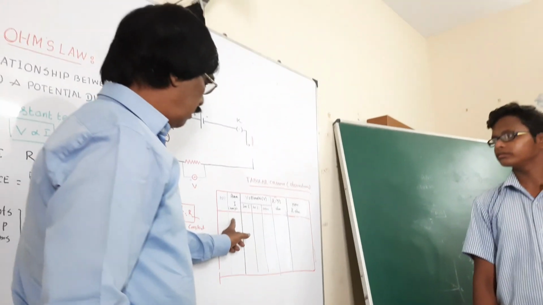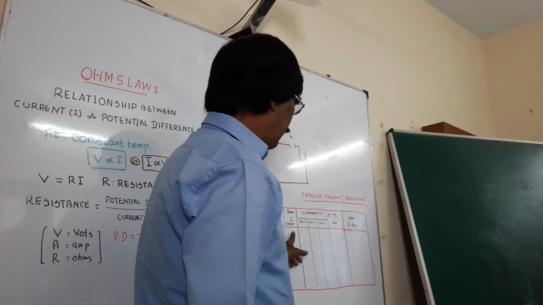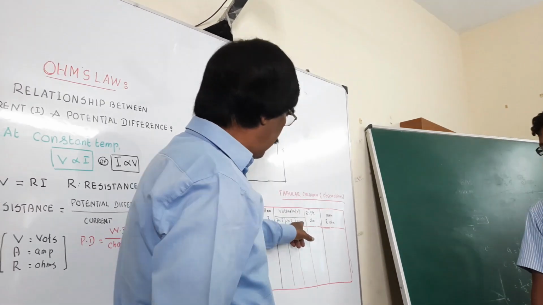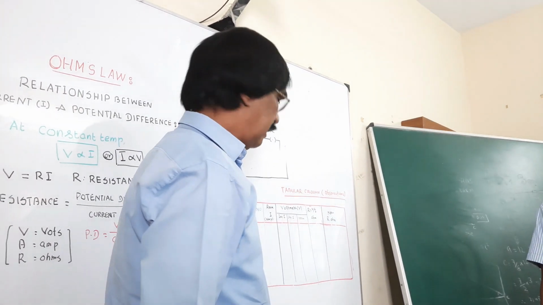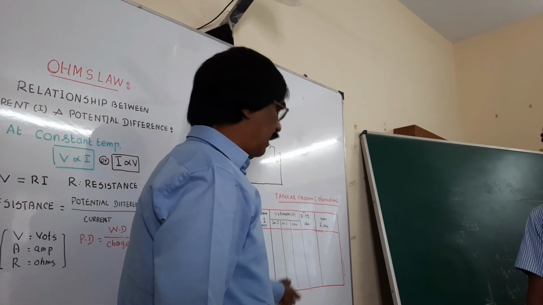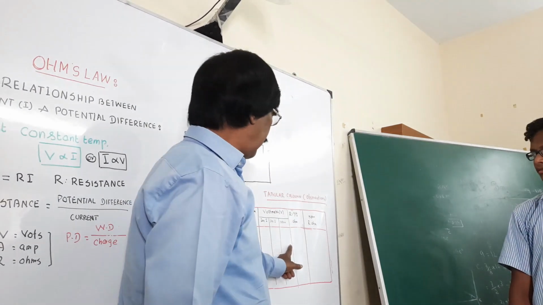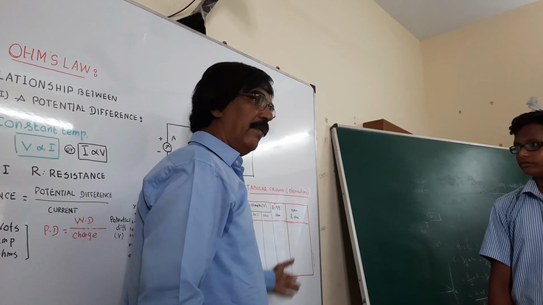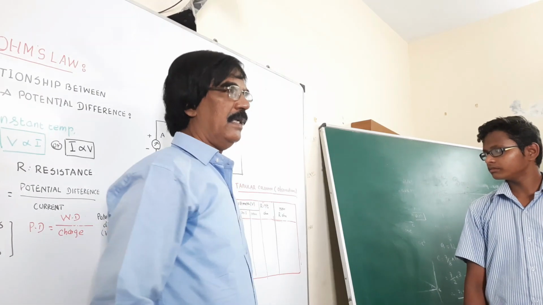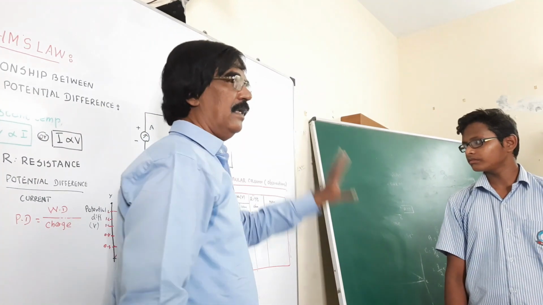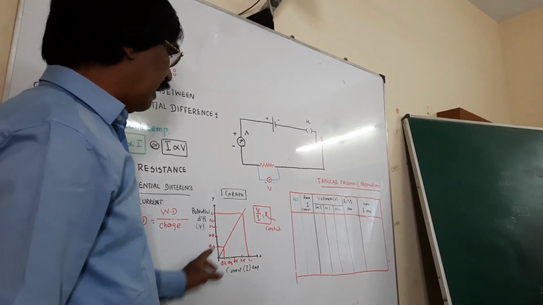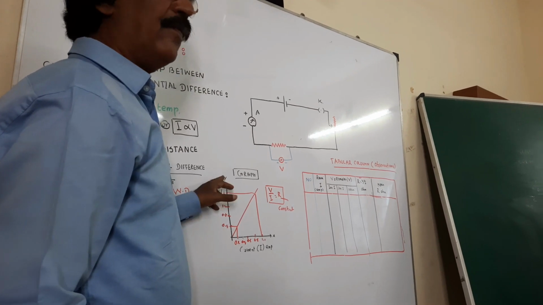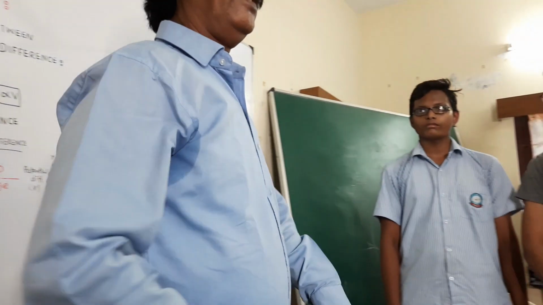Now, you note the reading in the ammeter. We can keep on increasing the volt, and we can keep on decreasing the volt. Take the readings, increase and decrease the current. Then take the average. Many readings will come: 1, 2, 3, 4. Take everything, divide by the number of experiments to get the resistance. And we are proving R is constant, that is V by A is constant. Same thing you can reflect in the graph. V by A is R. That is, current we take on the x-axis, potential difference on the y-axis. Now tell me any doubt you have in this experiment.